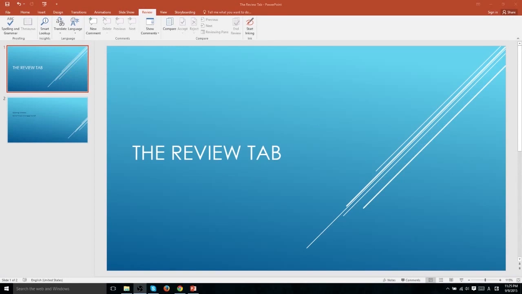In this PowerPoint 2016 video, we're going to be discussing the Review tab of PowerPoint 2016. Now, the main focus of the Review tab is to look over your content after you are finished creating it. And you're given a bunch of different tools in order to do that, including proofreading tools in the form of spelling and grammar and the thesaurus, Insights, which lets you look information up on the internet from within PowerPoint 2016, translating text into different languages and setting the language that you intend for the PowerPoint presentation to be written in,